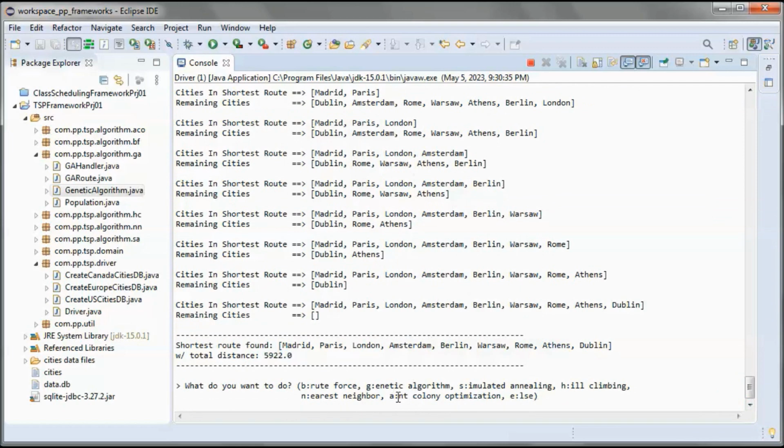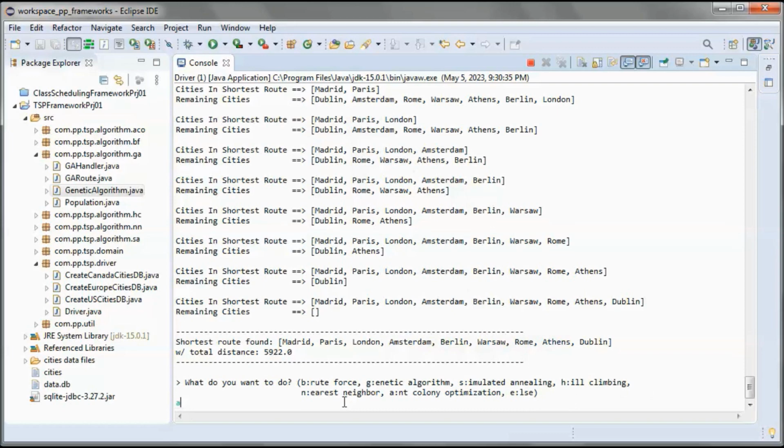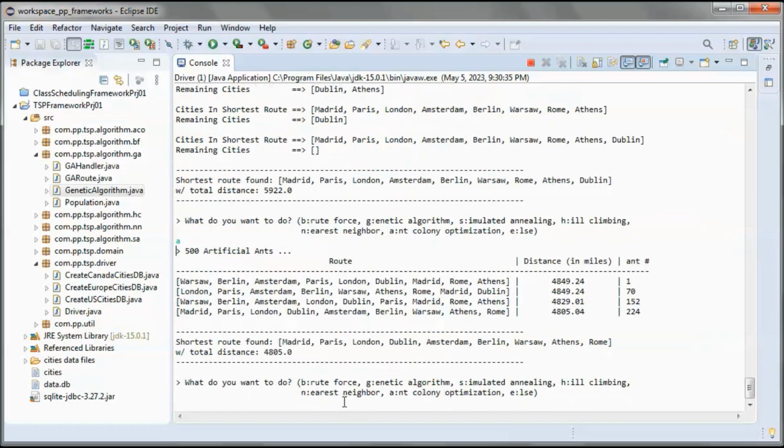And let's do the same thing, but use ant colony optimization. So we used 500 artificial ants, and this ant found this distance in miles, ant number 1, and this other ant found this distance, and this one, ant number 152, found this one, and this ant found this one.